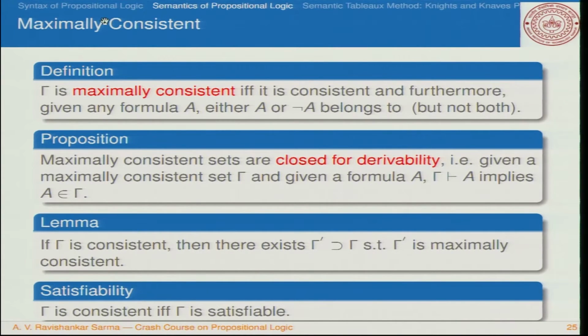A possible world there is defined in the sense that it is considered to be a maximally consistent set of sentences. They are considered to be possible worlds. In that context we need to know a little bit about maximal consistency. There is a supporting theorem, that is a lemma: if gamma is consistent, then there exists a gamma prime, which is a superset of gamma, such that gamma prime is maximally consistent. I am just superficially talking about some of the important theorems.